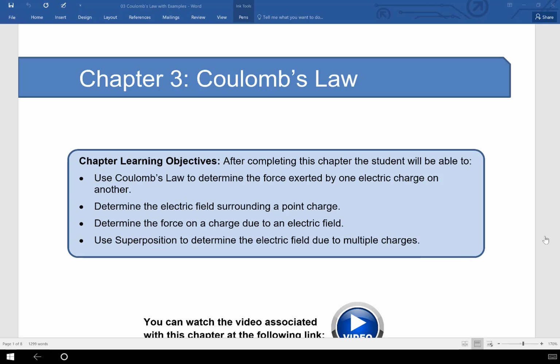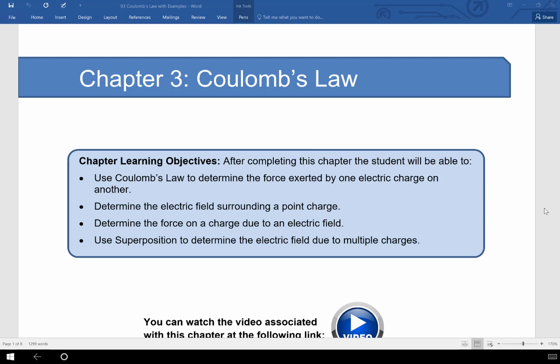So thanks for your patience in the first two chapters as we were developing the mathematical foundations necessary to study electromagnetic field theory. Now we're going to begin to study electromagnetics proper. We're going to look first of all at Coulomb's law and the force between two charges. We're also going to study the electric field that's created by a charge and how it can impact other charges